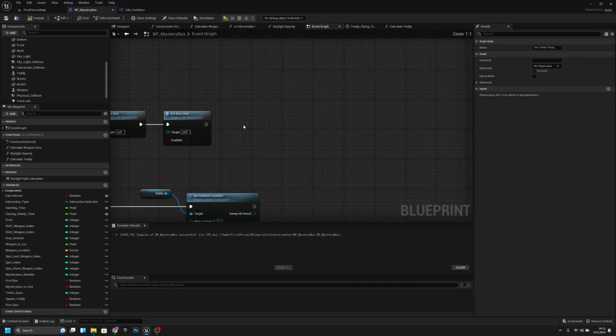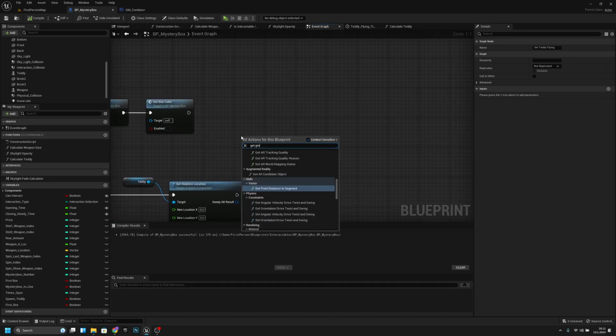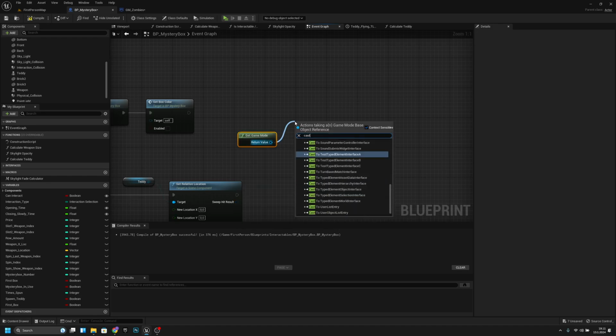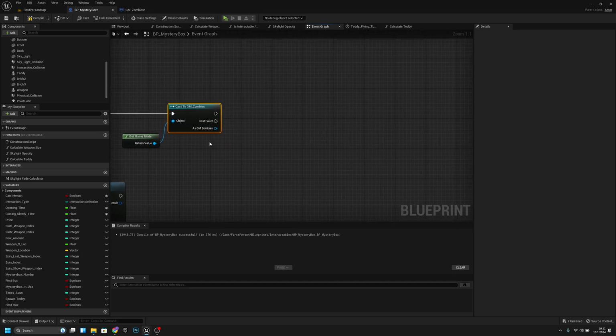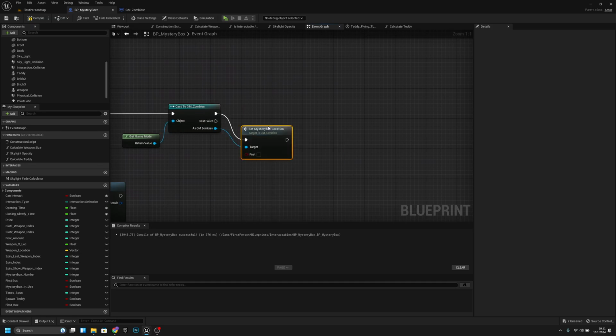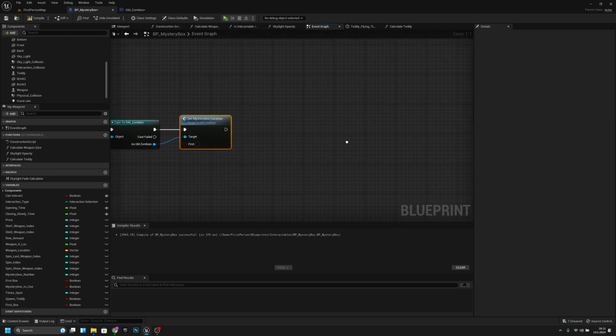But yeah, let's continue. After this set box color, we want to get game mode, and we want to actually cast to GM zombies. Now from here, we want to set mystery box location. Now we don't want to click that first, because this is not the first box anymore. And after that, we want to